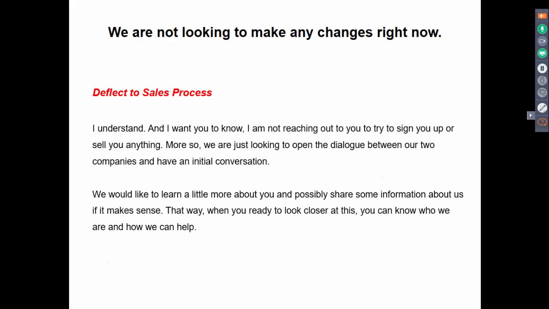And there's another way to respond to this. We talked about deflecting to your questions, deflecting to your pain points. You can also deflect to your sales process. So if someone says, "We aren't looking to make any changes right now," if you go back to when I was talking about sales process, remember that I said the goal is not to sell the product, the goal is to sell the meeting.